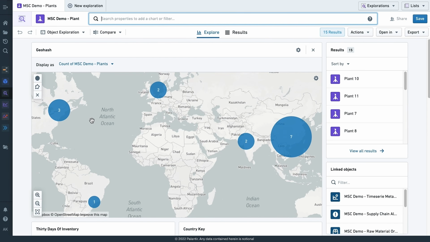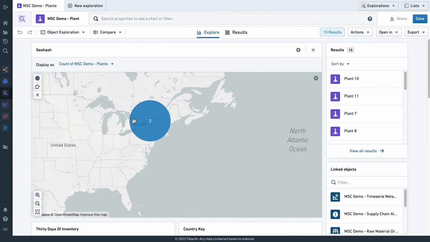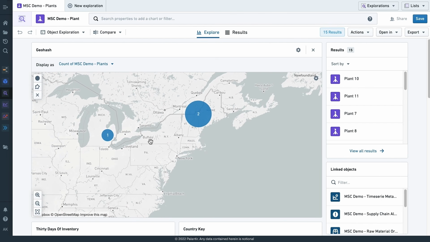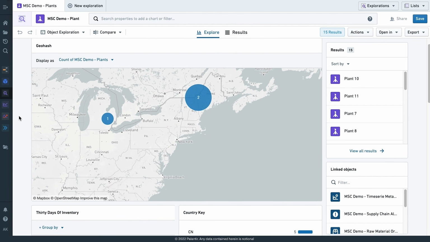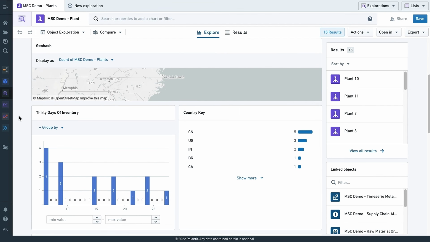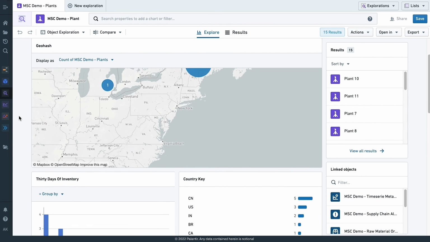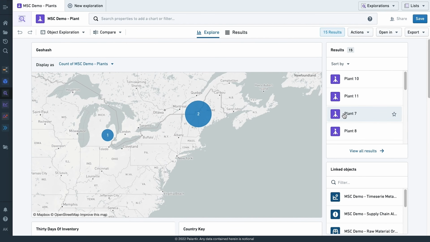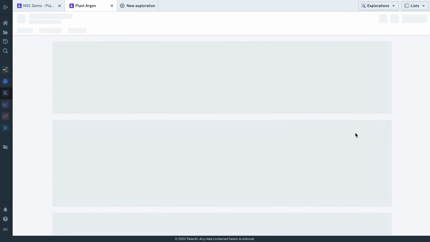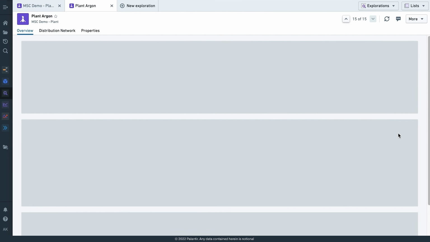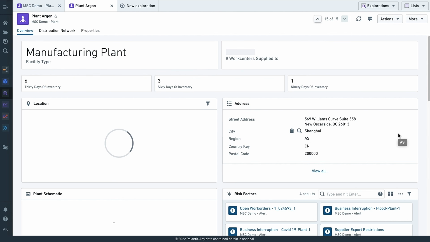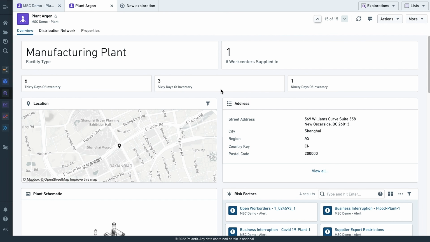So this is a very simple set of visualizations here, right? It's showing me where the plants are geospatially, based on that geo data that we have fixed. It's showing me some roll-up statistics like 30 days of inventory, production capacity, things like that. And if I want to go into a 360 view of one of these plants, I have a list here to be able to dive in and take a look at some of this information at a higher level. And the idea here is that it's intended to feel familiar again to folks who have worked with business intelligence or visualization software, and just roll up all that information that's coming from all those different data sources in a single view, right?